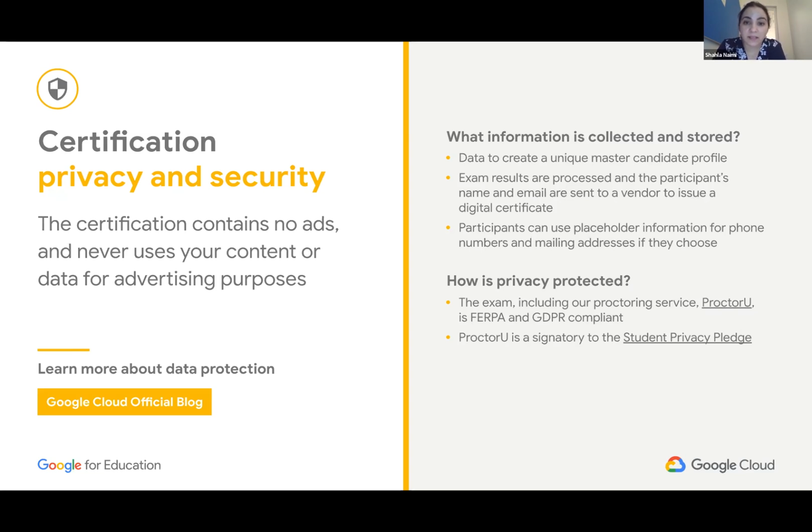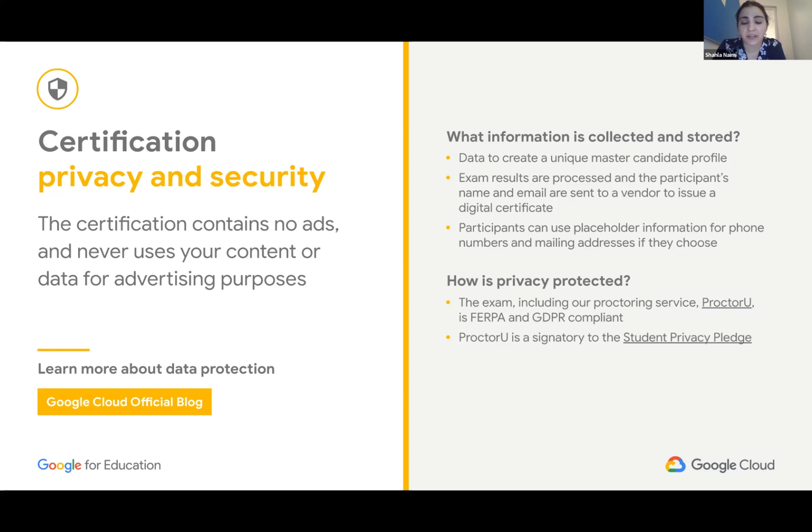There's a list here of the information that is collected and stored, and it's mostly information that is just trying to associate your name or identity with whether or not you passed the certification, so that if you did pass it, we send you a digital certificate or a badge. And then there's privacy. We have quite a few privacy protection measures in place because the certification is available to students as young as 13 in the United States.